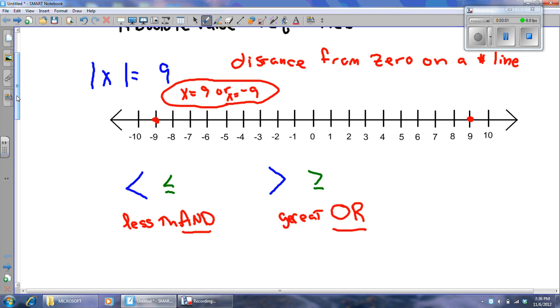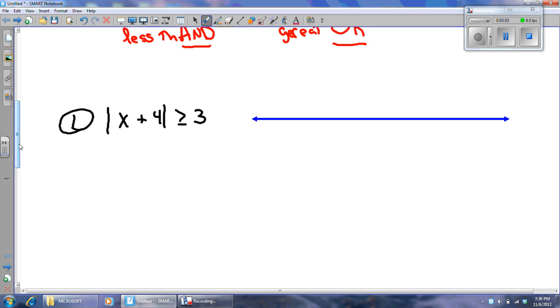All right, so how do we do that? Well, we come on down here to the absolute value of x plus 4 is greater than or equal to 3. Well, this is an or problem, so I'm going to do x plus 4 is greater than or equal to 3, or x plus 4 is less than or equal to negative 3. I cannot write an or as one sentence. I like to write my ands that way, but ors it doesn't work. I do my little algebra to get the x alone,